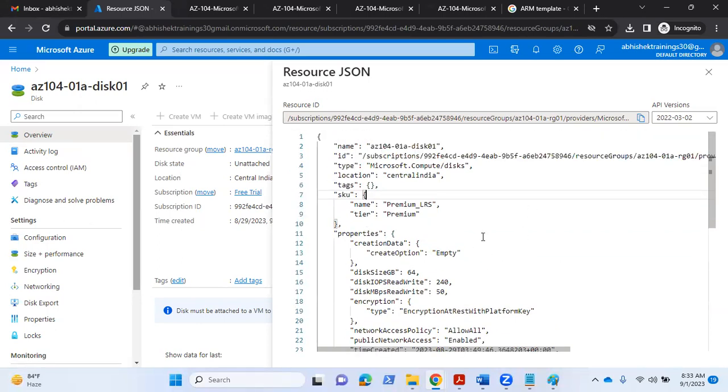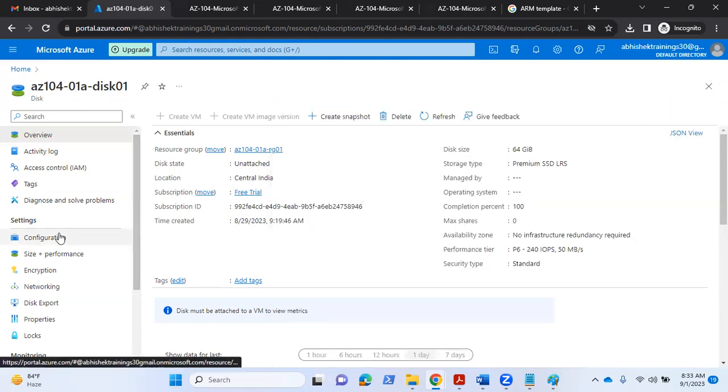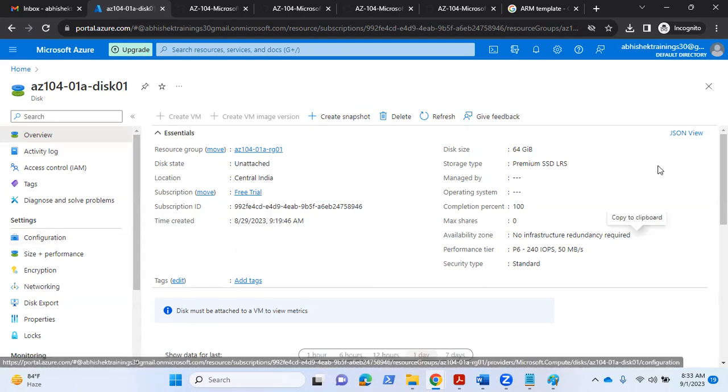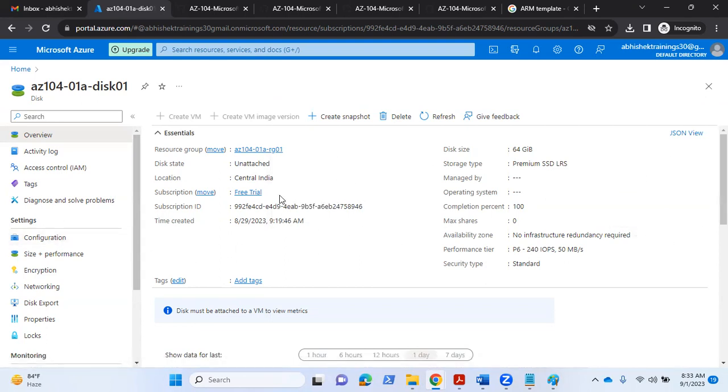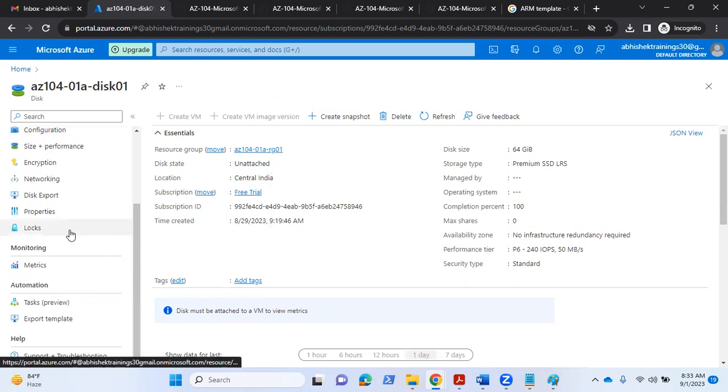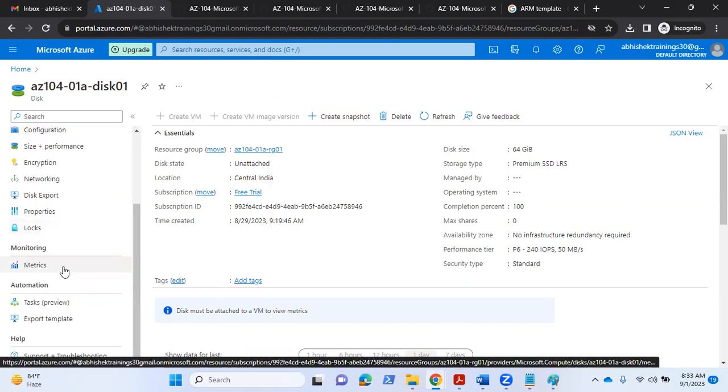Okay, so this is a JSON. Like this, we write the JSON format. We define the properties. Okay, we define the resource. What are the resources, properties, and parameters. Now, if I tell you about what is ARM template, basically, this was just the JSON view of this disk. Okay, so if I talk about ARM template,